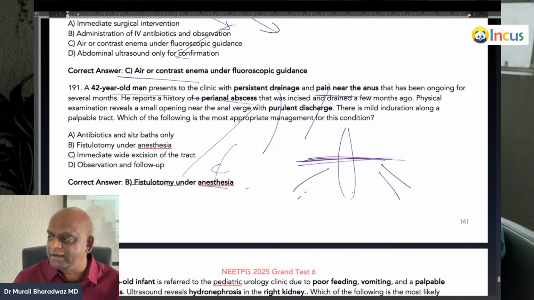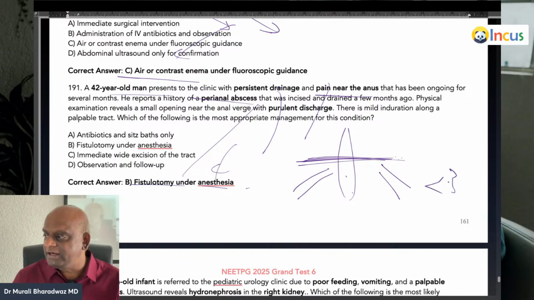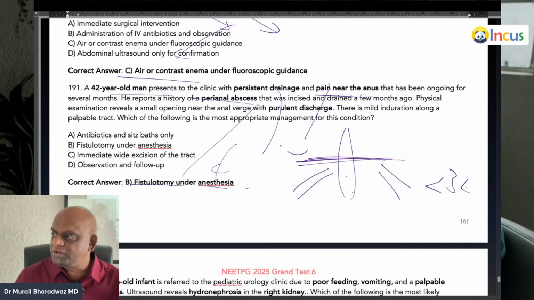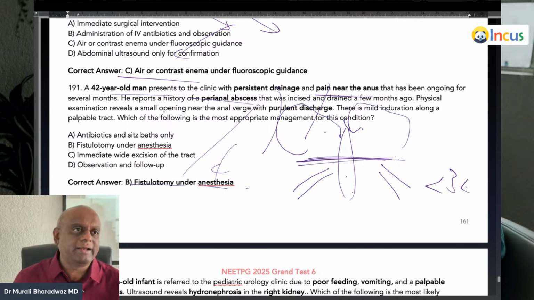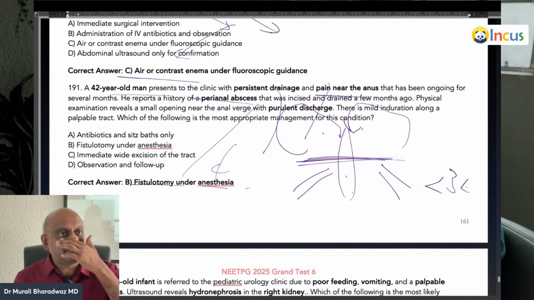Anterior to that, all fistulas are straight, if they are less than 3 centimeters from the anal verge. Posterior ones are all angled and curvaceous. Crohn's disease like